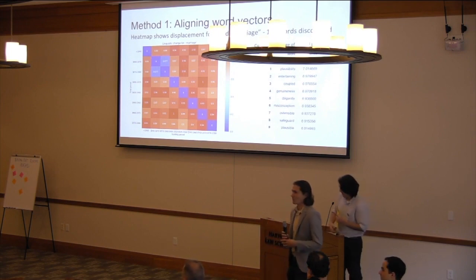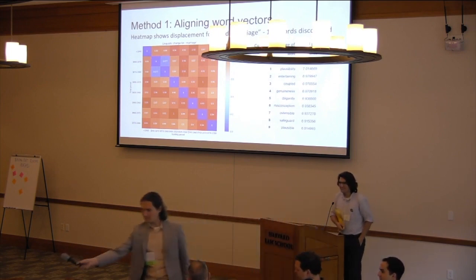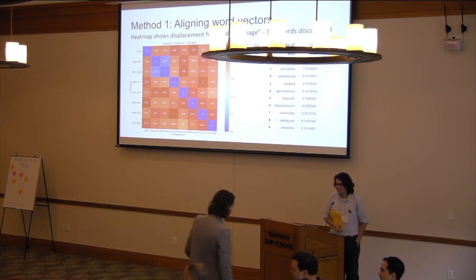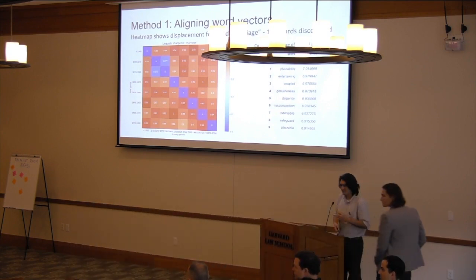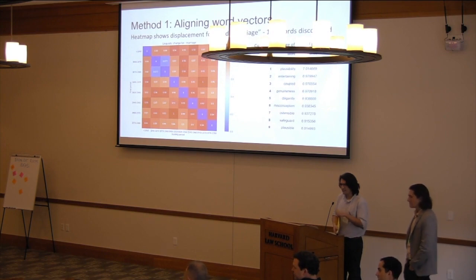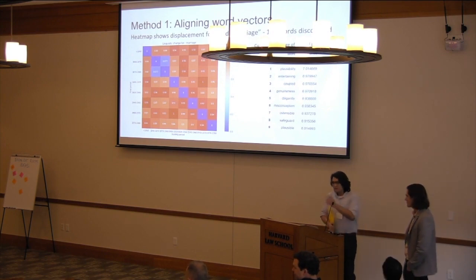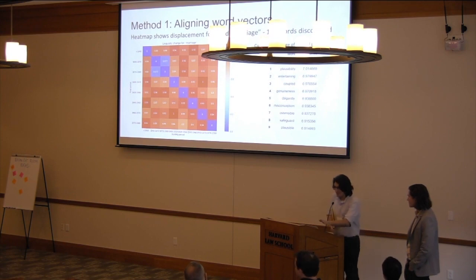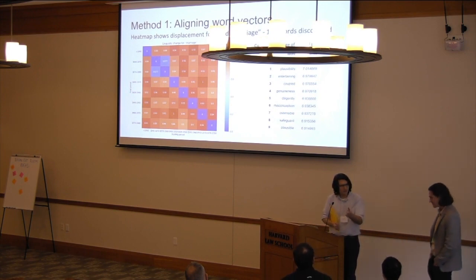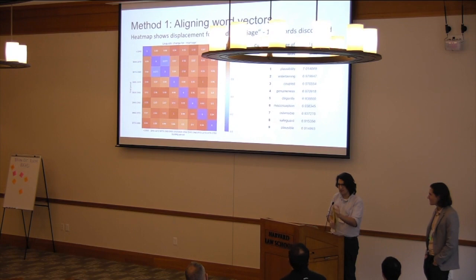Questions? Real quick, I'm curious how interesting, if interesting at all, are words that don't change, words that stay stable across long periods of time. That's a great question. The bottom of the table has the least divergent words, and those words are like numbers. There are statutes that have been used, so I think we have to remove the numbers. There are those issues, which is absolutely a great point.